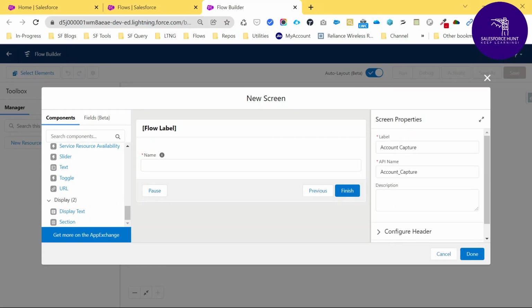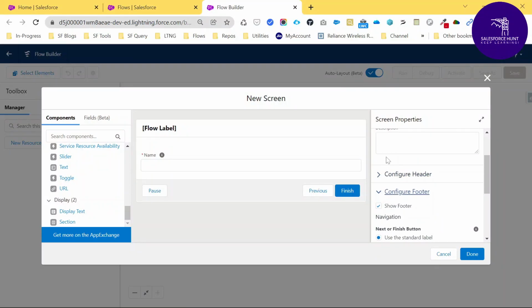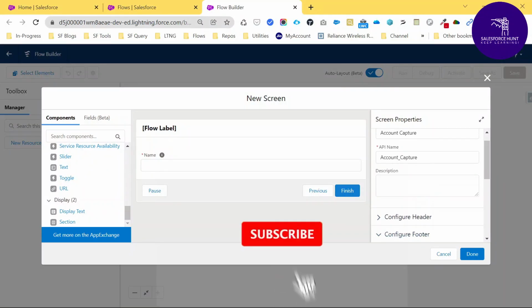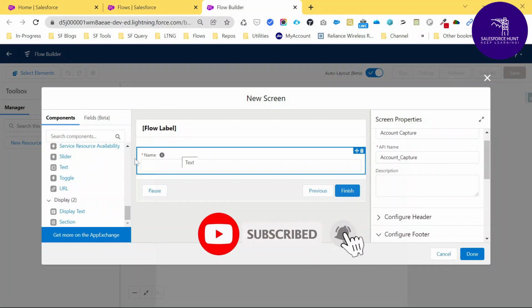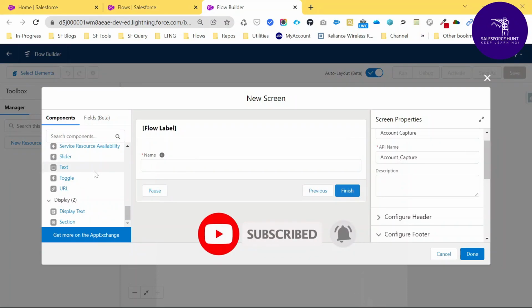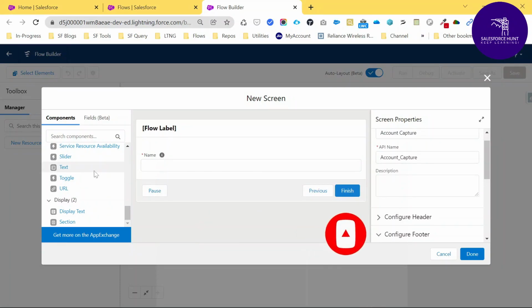So you can enter something like please enter first name, or please enter something, based on your need. Name is a required field. Now I want to take name, rating, industry, and phone number from the account object, and create all these elements in the flow screen. After that we will see this flow in the Aura component. This is the overall process of this tutorial.